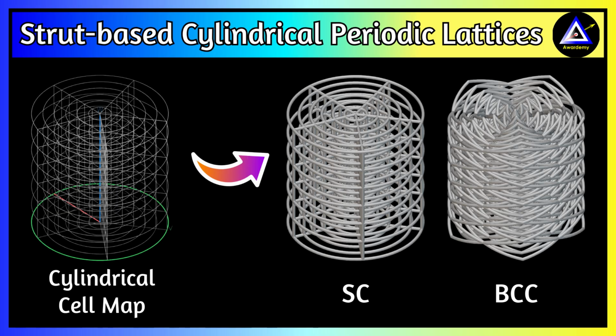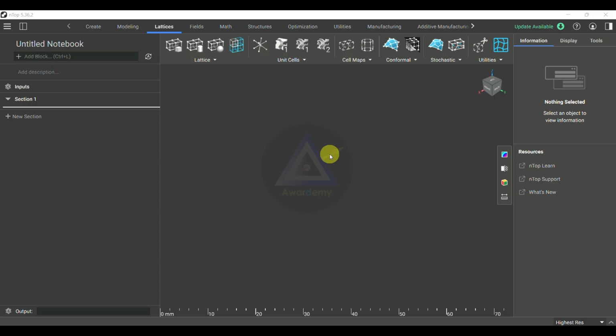In today's lecture, we are going to learn how to design strut-based cylindrical periodic lattices. Here, we are considering some strut-based unit cells, and thereafter we are incorporating these unit cells within the cylindrical cell maps and then trying to design the periodic lattice structures. So let's start. Before that, we can give the file name as